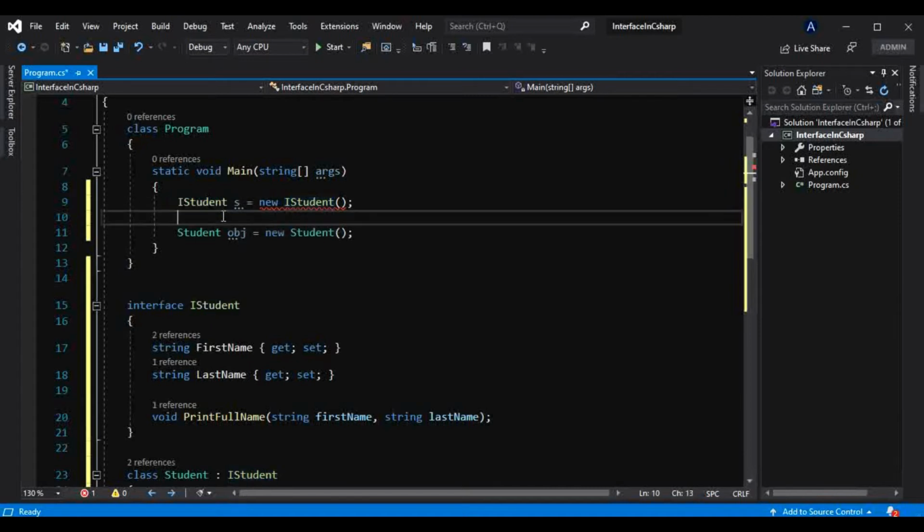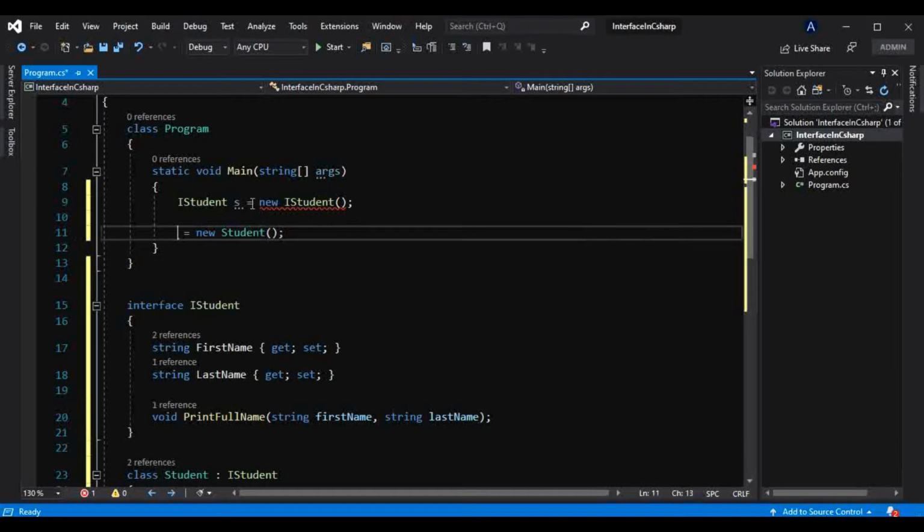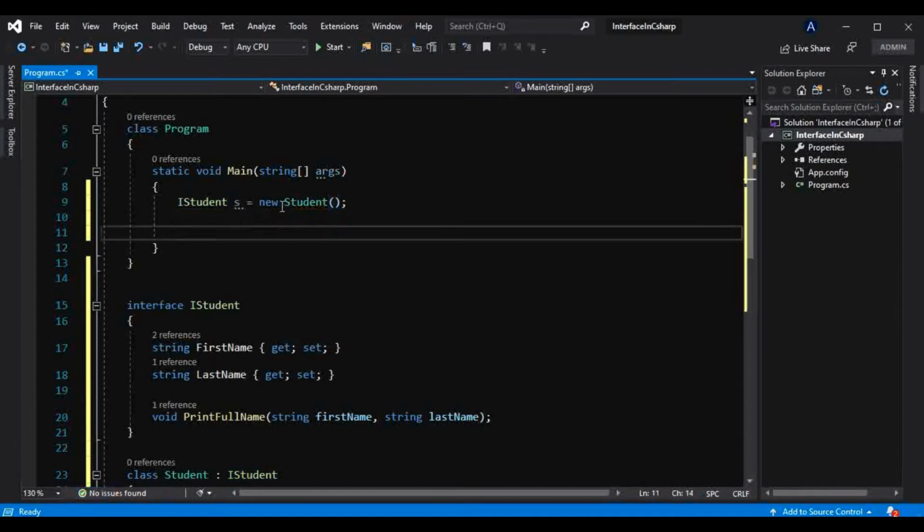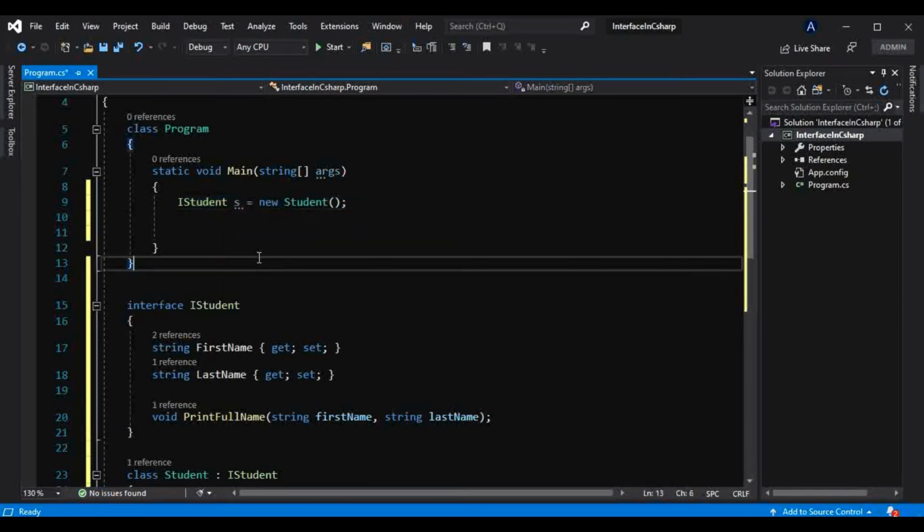The standard definition says we can have a derived type object through its base type reference variable. So instead of doing this, we can do something like this, and that will not throw any error.